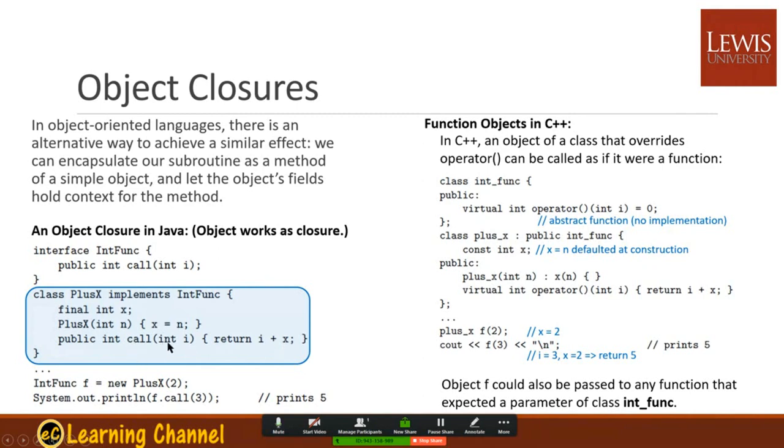So this call is actually the y lambda, and then here plus x for the x lambda. So when you call the y lambda, you pass call 3. Here i is actually the y in the y lambda. So you print 5. And for C++, similarly, we have a class because C++ doesn't have